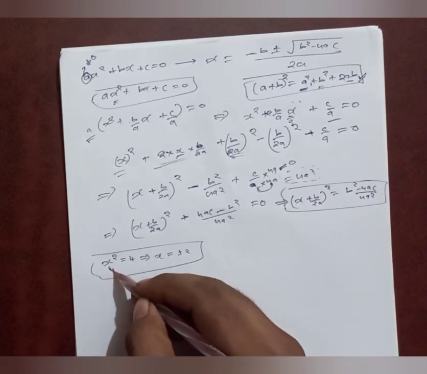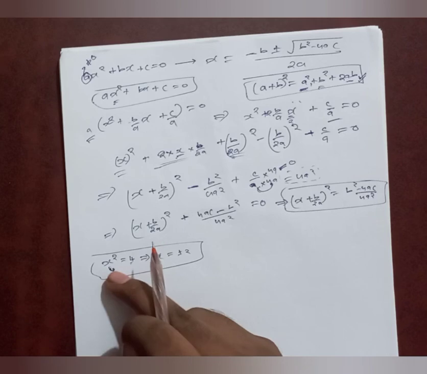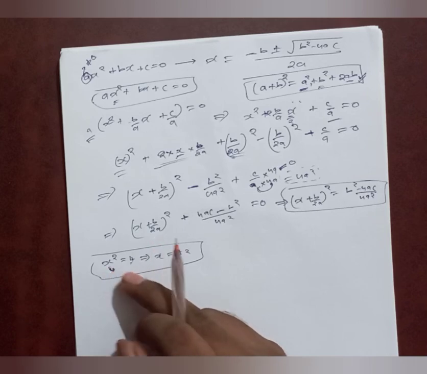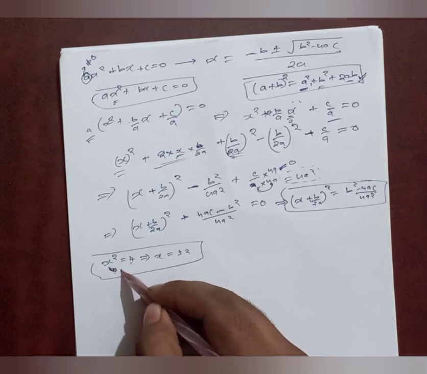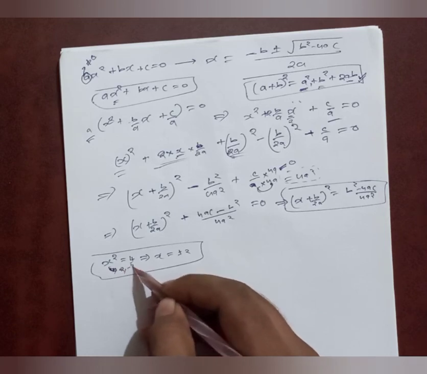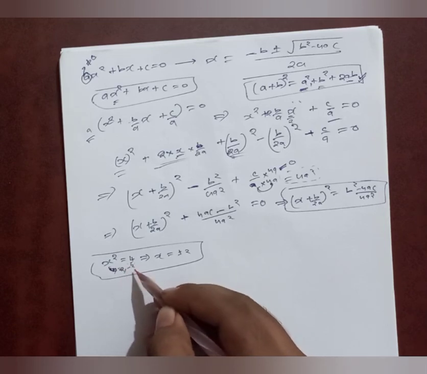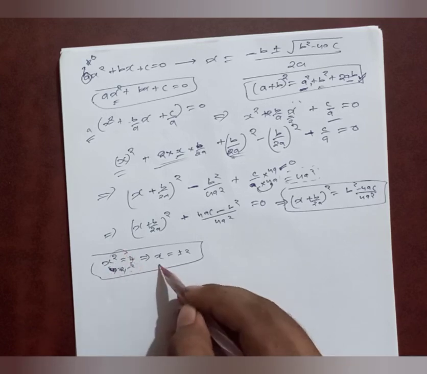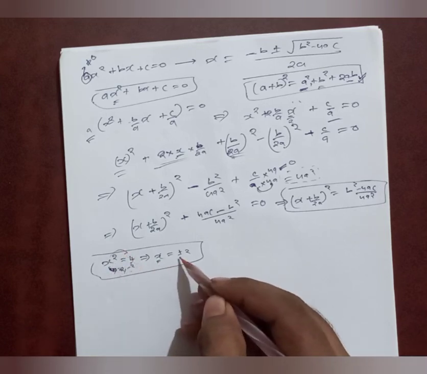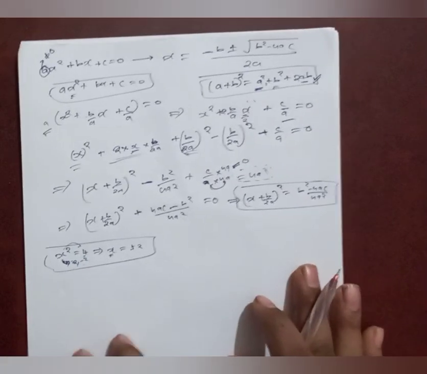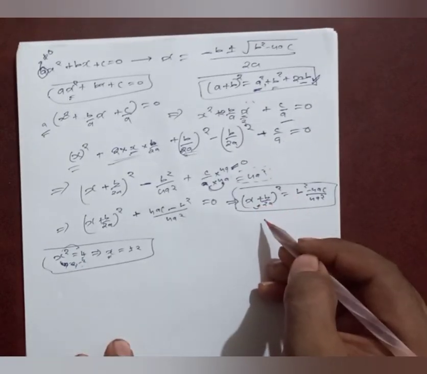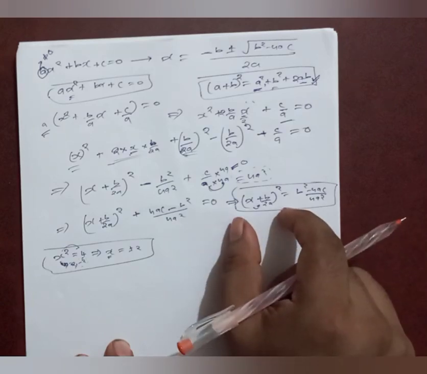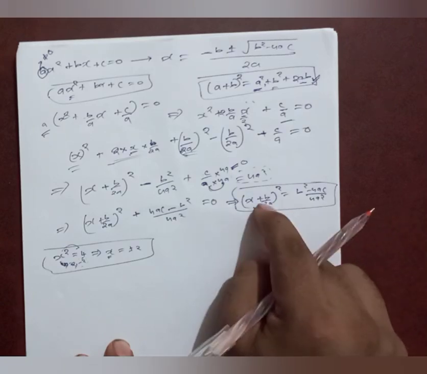Friends, x² = 4 implies that when we put some value of x in this, it will give us an output of 4. So I can put x values either plus 2 or minus 2. When we put these two values, it will give the same outcome. So because of this, x equals plus or minus 2. Similarly, here we don't know whether the input is positive or negative, but when we put either positive or negative, it will give the same outcome.